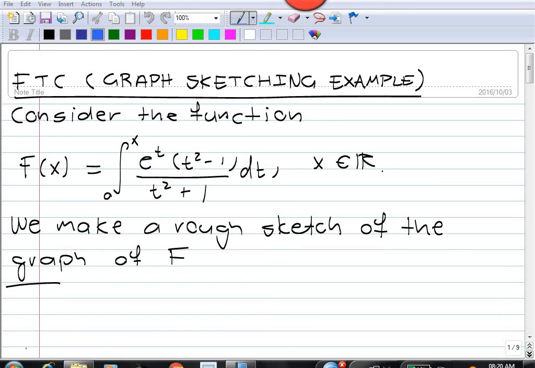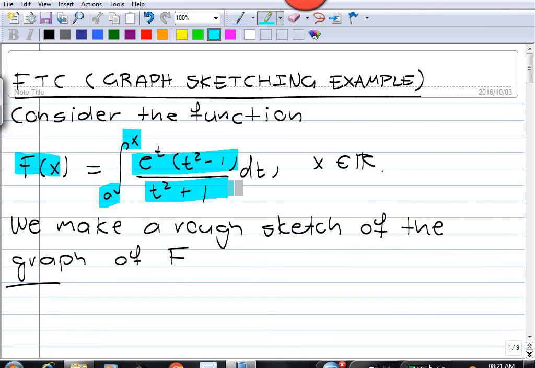Hello. In this video I want to discuss an example we talked about in class. We are given a function f of x defined as this integral. So we've got the integral from 0 to x of the function e to the t squared, times (t squared minus 1) over (t squared plus 1). Now note that the integrand, in other words this function here that we are integrating, is continuous on the whole